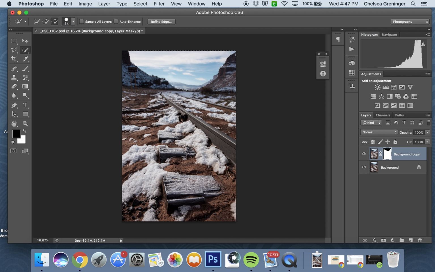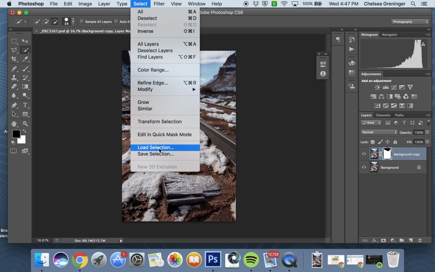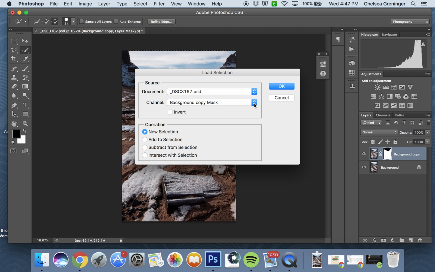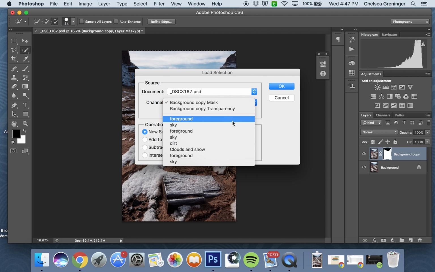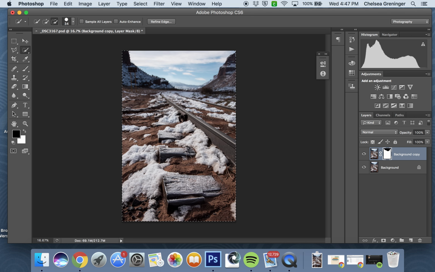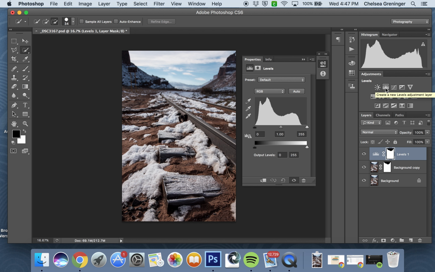Okay, and then you kind of know the rest of this already because we're jumping back into what we already know. So if I wanted to make an adjustment layer using my levels, then I would go up to Load Selection, and I'm going to work on the foreground first. Okay, so that grabs the foreground, and then I'm going to hit my levels, and that is going to make a new mask layer just for the foreground where I can adjust my levels, which is my